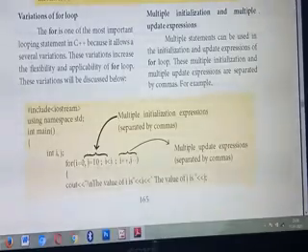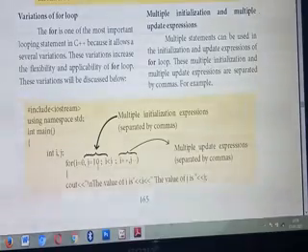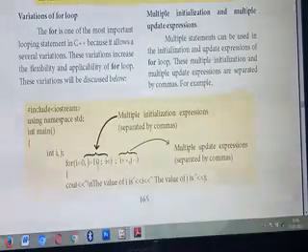So in the initialization part, you should give some values for the variables, isn't it? That's the initial value for the variables i and j. So what's the initial value for the variable i? 0. What's the initial value for the variable j? 10. Understood? But the important thing is, once you give multiple initializations, you should separate the initialization variables